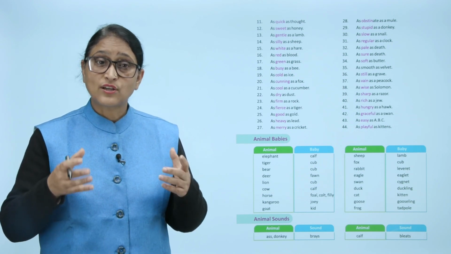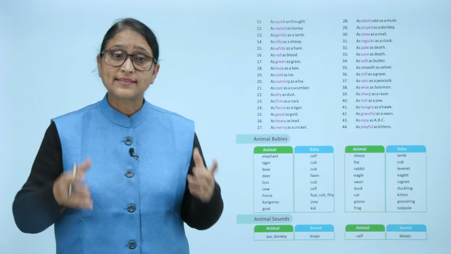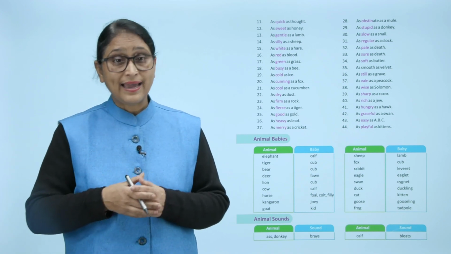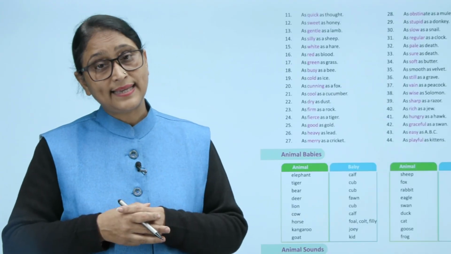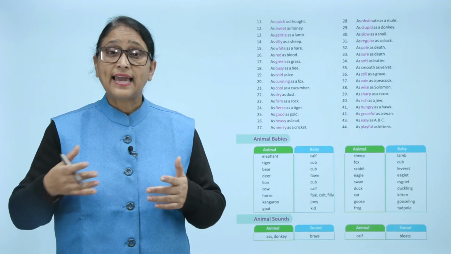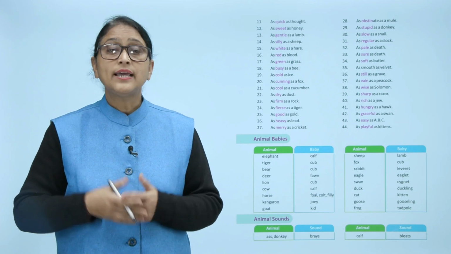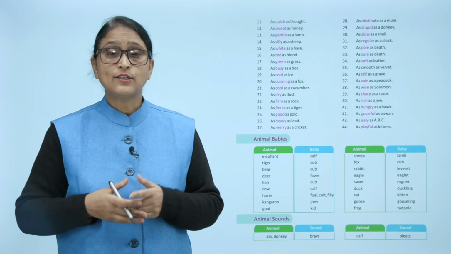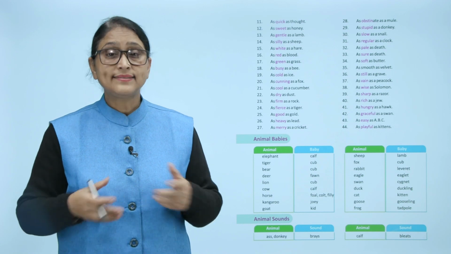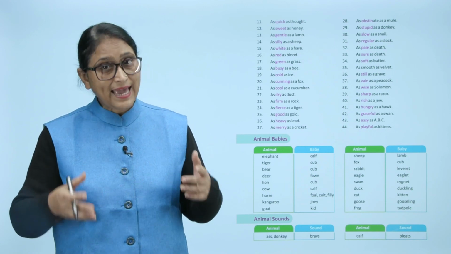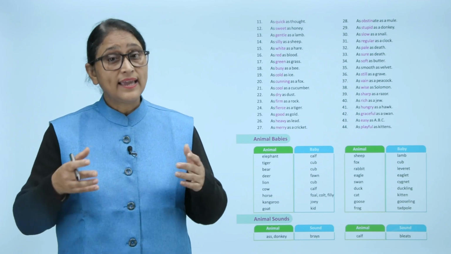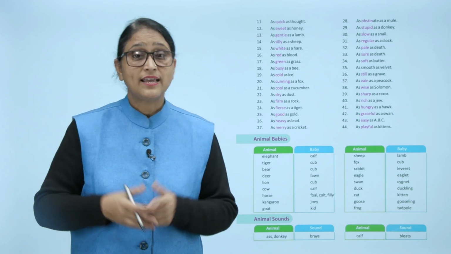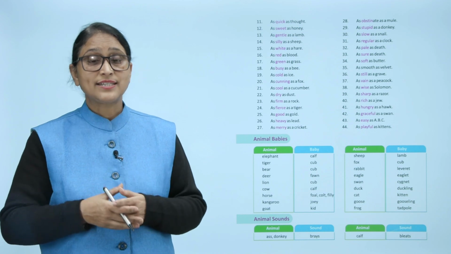as firm as a rock, as fierce as a tiger, as good as gold, as heavy as lead, as merry as a cricket, as obstinate as a mule, as stupid as a donkey, as slow as a snail, as regular as a clock, as pale as death, as sure as death, as soft as butter, as smooth as velvet,